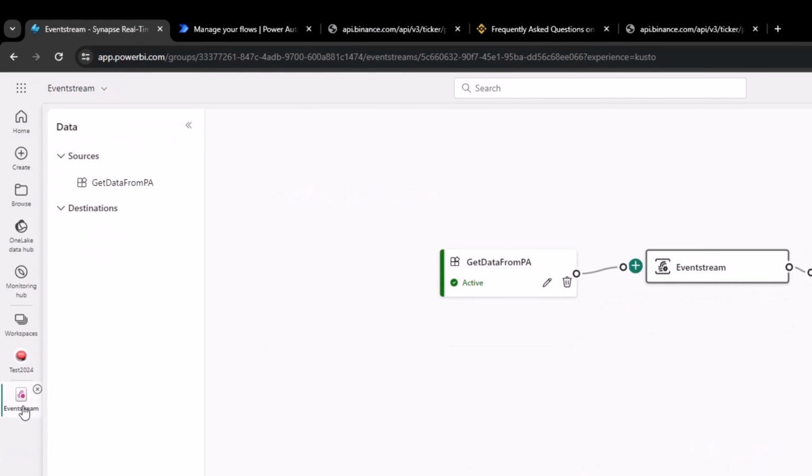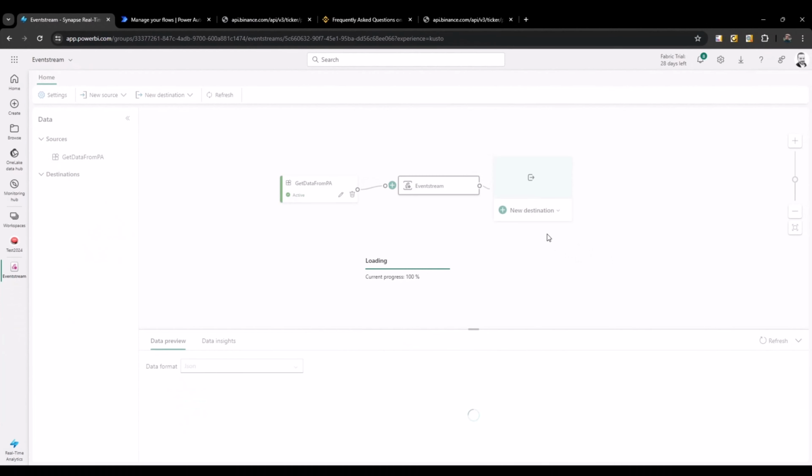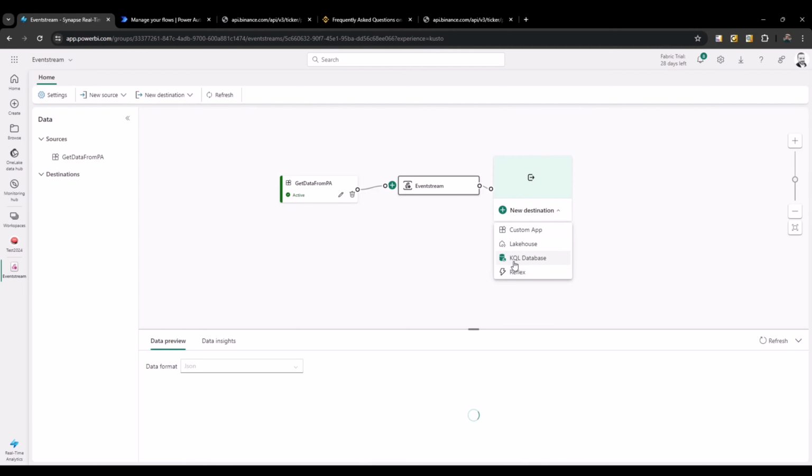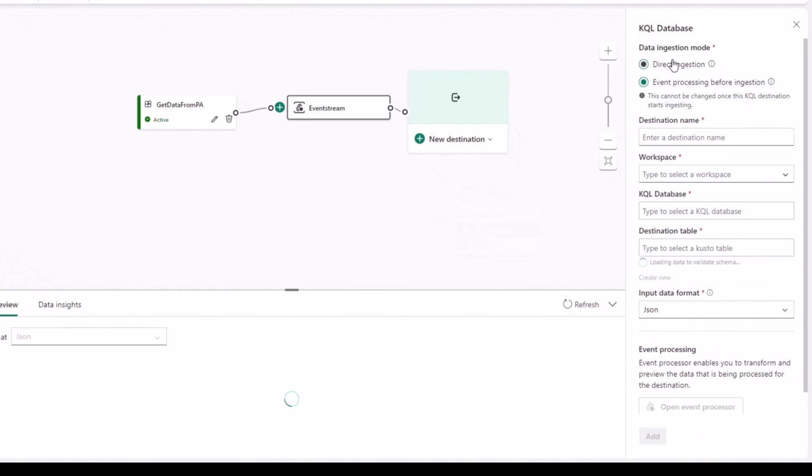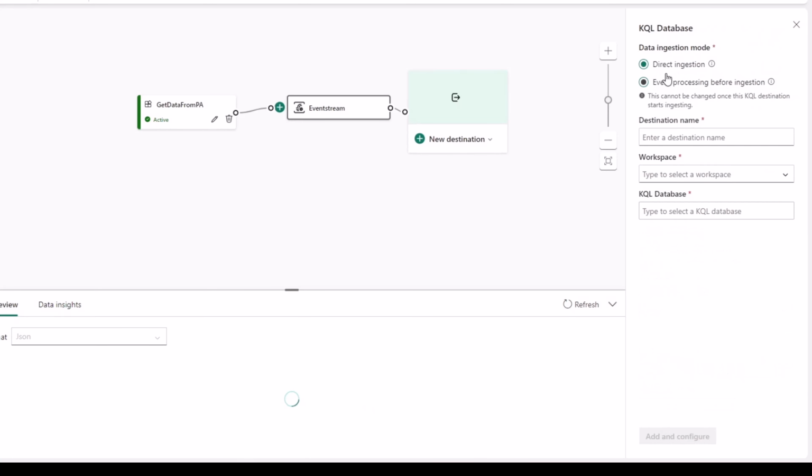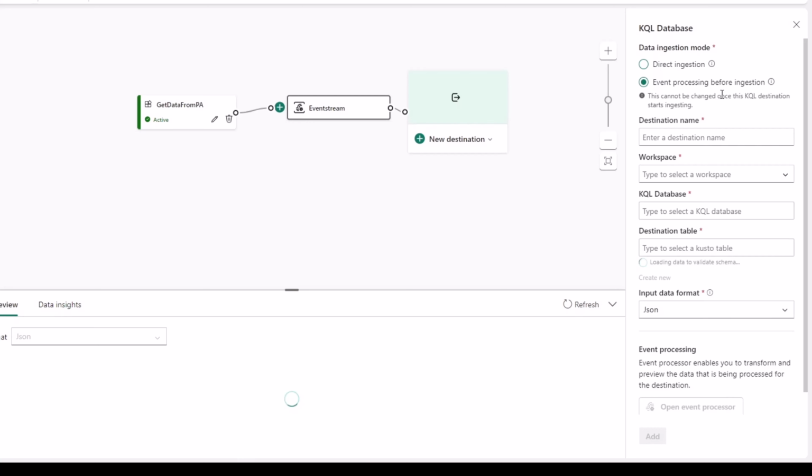Close the database and then go to the Eventstream again, and then here now we can select KQL database. There are two options here. Direct ingestion, it means you don't want to transform any data and want to directly save the data in the KQL, or you can select event processing before ingestion. I want to use this one because I want to change some data types, and I don't need all the columns from this API. I need a few columns. So, okay, destination name, I want to add KQL DB